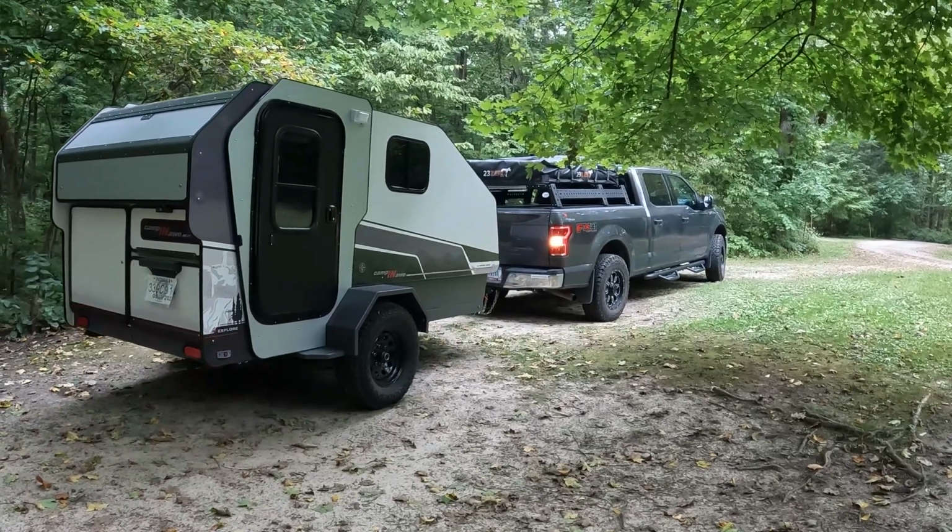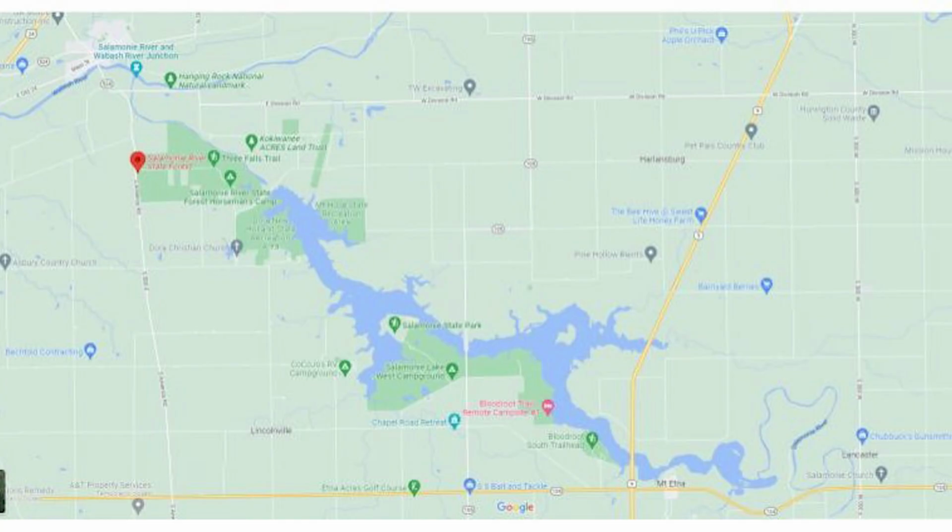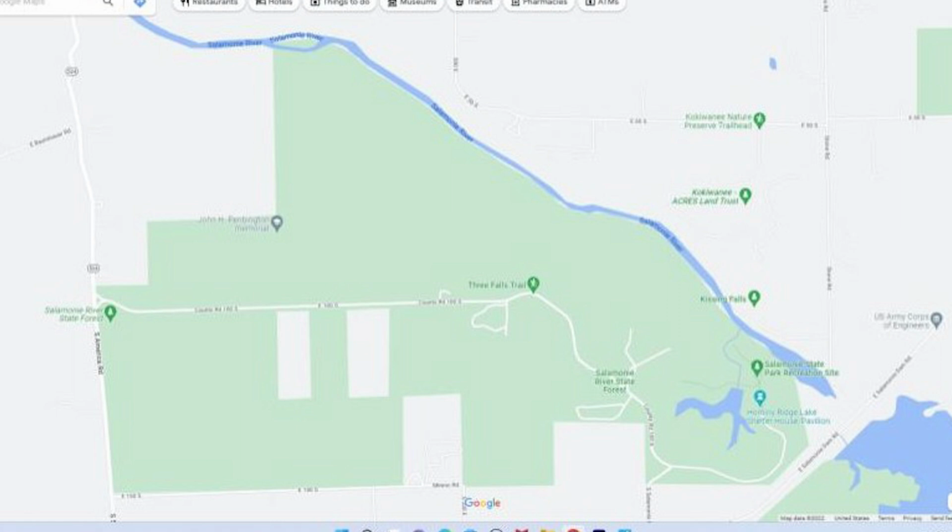Salamonie's about halfway across the northern part of the state, about equidistant between Chicago and Toledo. The forest is named for the Salamonie River, which runs alongside of it. The river was dammed to create the Salamonie Reservoir, and there are many natural areas and state parks along the